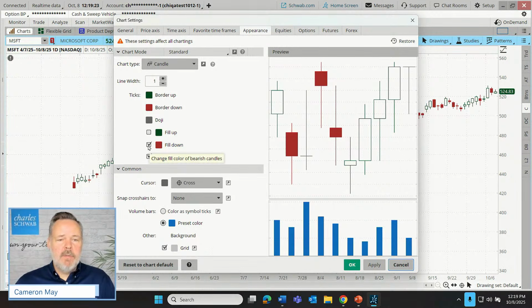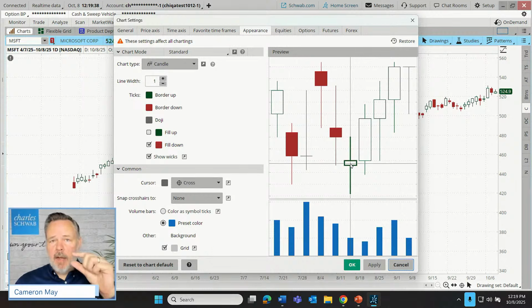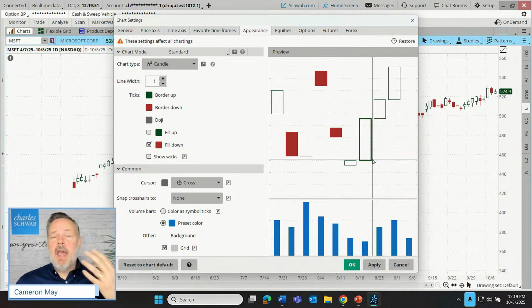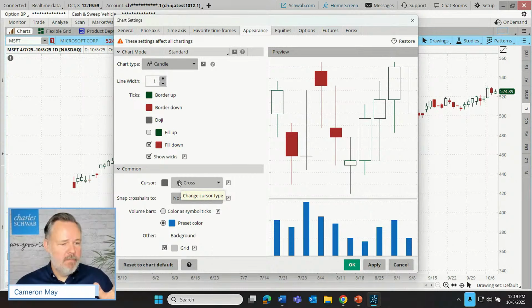All right, we can check or uncheck the fill down. I think you already get the point there. We can have empty red candles or filled red candles. And there's even the option to not show what's called the wicks of a candle. So we have the body of the candle, which is the rectangular area, and then the wick is the long stick poking out the top or the bottom. If I uncheck that box, it just eliminates the wicks. And for some traders, they see the open and the close as carrying heavier weight than, let's say, the high and the low, so they can just remove that if they consider that to be visual clutter. I'm going to leave that on there.